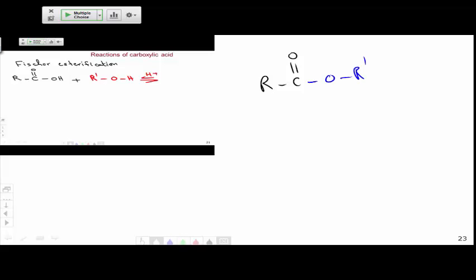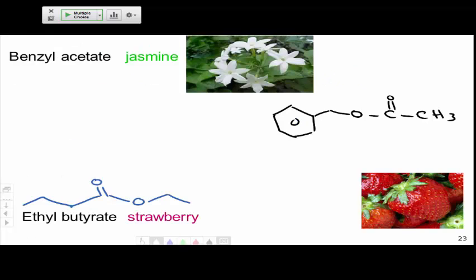It's R C double bond O and an O R prime from the other side. The R's can be the same or different, but this is the ester. Now, esters is one, at least for me, one of the great chemicals. Most of the esters have a very nice smell, like the smell of the jasmine is because of